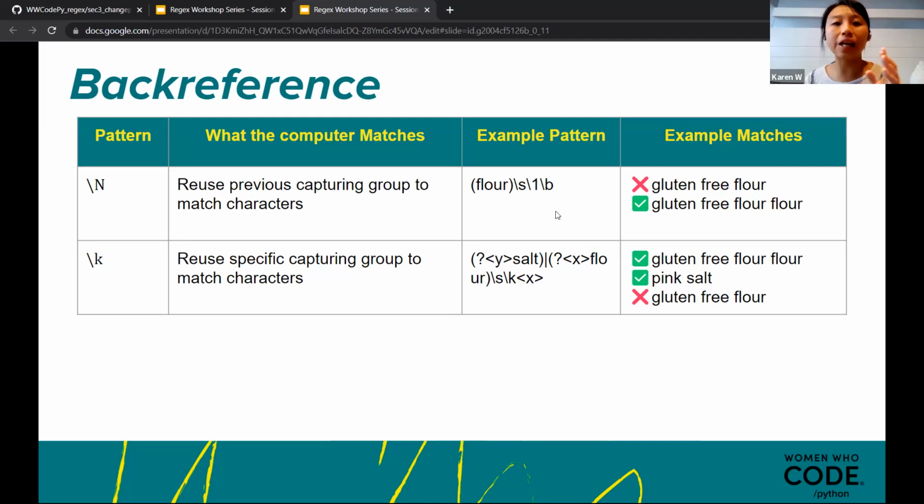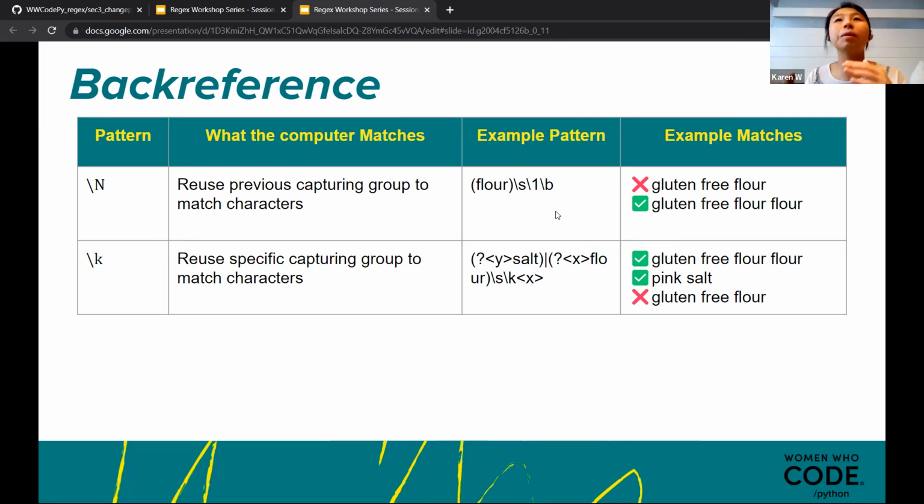If you have, let's say, 10 groups and you want to capture the fourth, or repeat not the first flour but, say, a second group such as cake, then you use \2. So it depends on how many groups you have. You can actually call it by number.